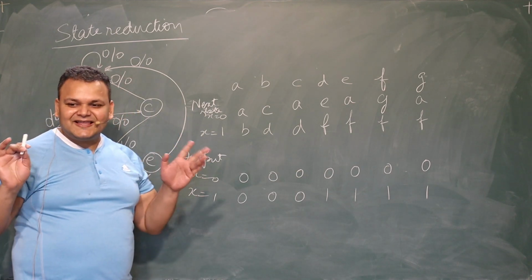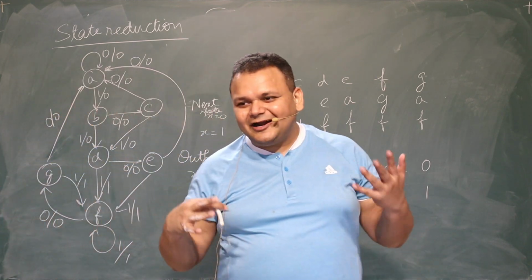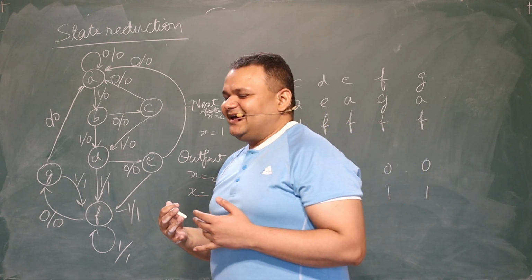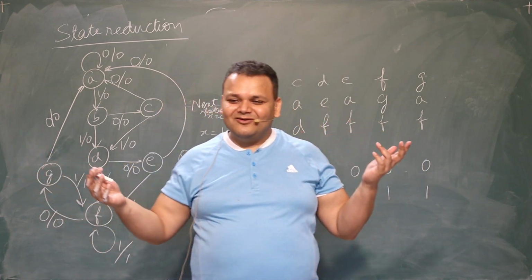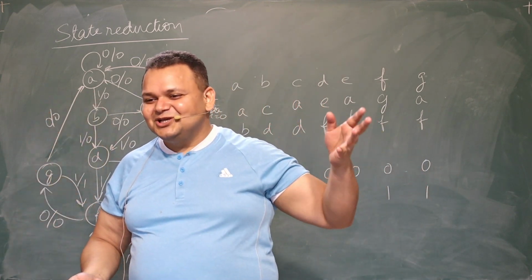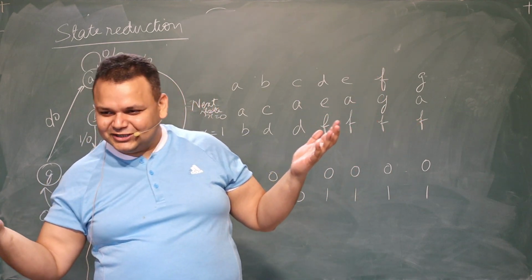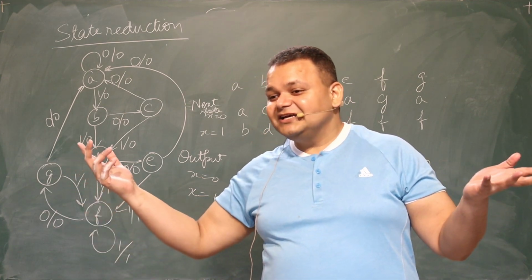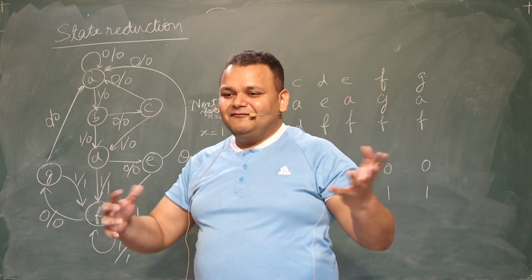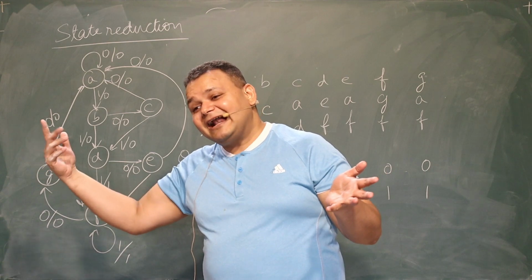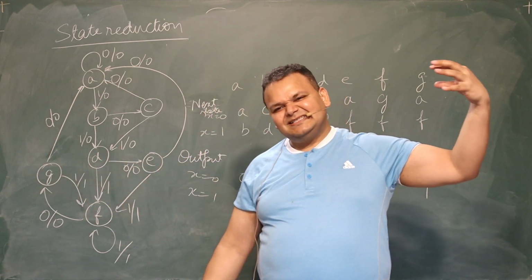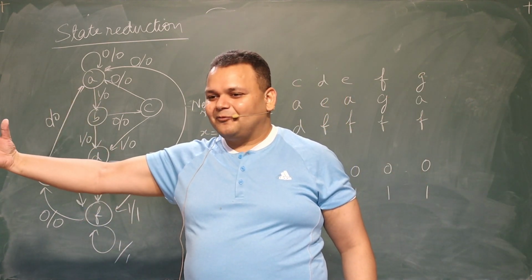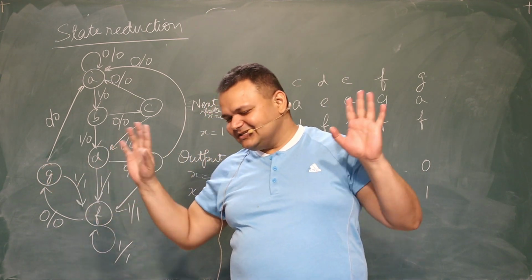The first thing, please understand, is that whenever we are designing a finite state machine, it does not matter what the states are. What finally matters is what the relation between input and output is. Do you all agree with that? A finite state machine is just a means of achieving that goal. What is the goal? We apply a set of inputs and we get a set of outputs. That is what we should get. That is the end goal.